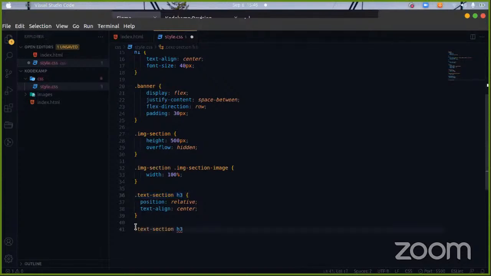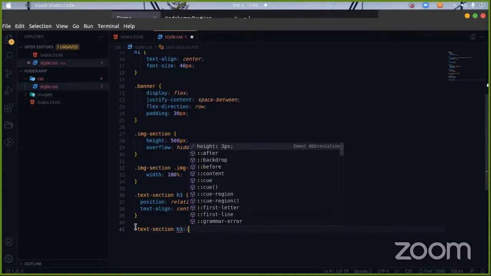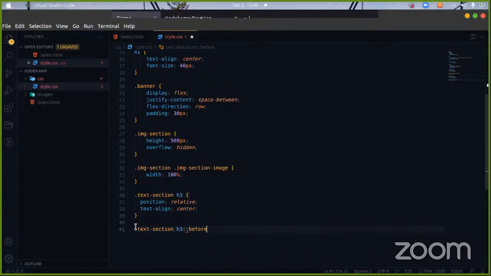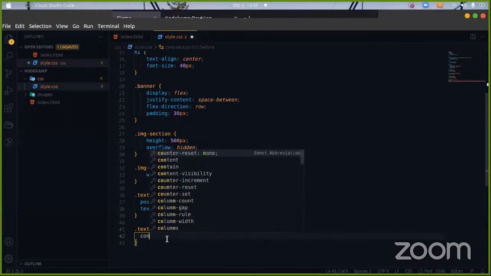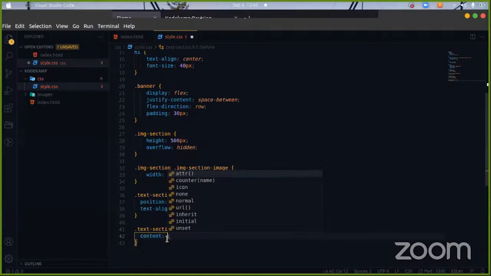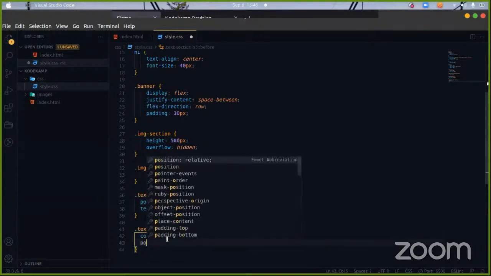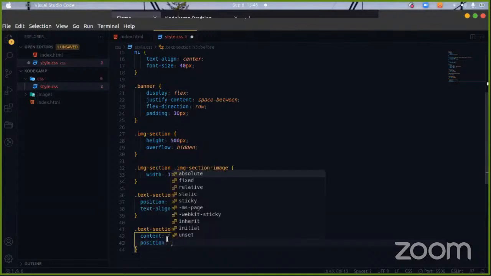Okay, and before, and so I'll say content and position absolute,